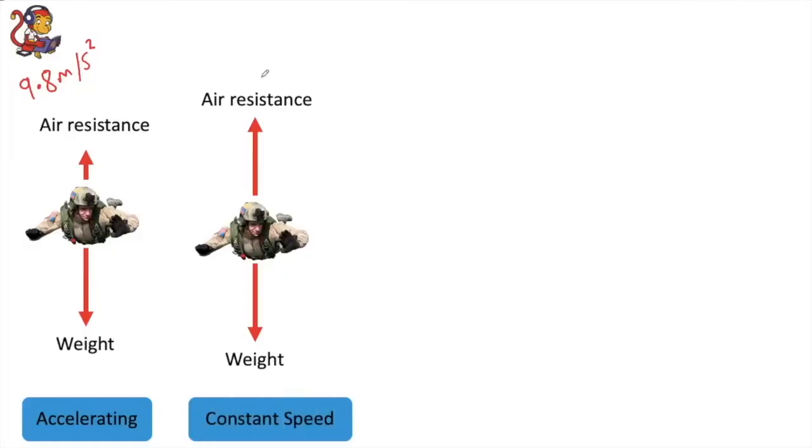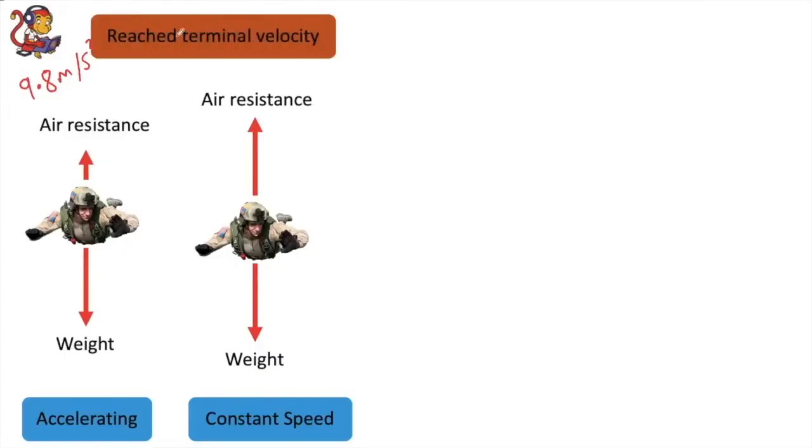And when he's falling, because he's falling through a fluid, we call this constant speed a terminal velocity. So fluids are liquids and gases, and if you are falling through a liquid or a gas like air, then you are said to reach a terminal velocity, which is your final velocity. You can't go any faster than that, at the point that your weight is balanced by